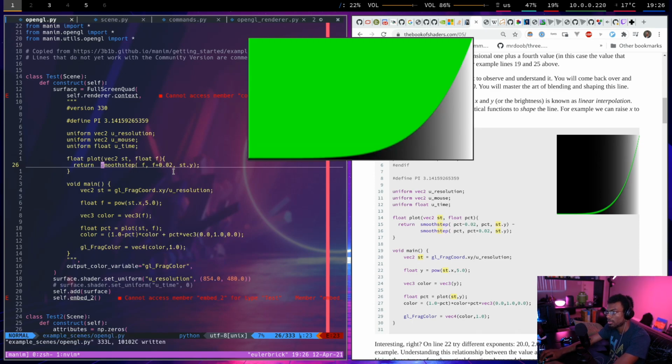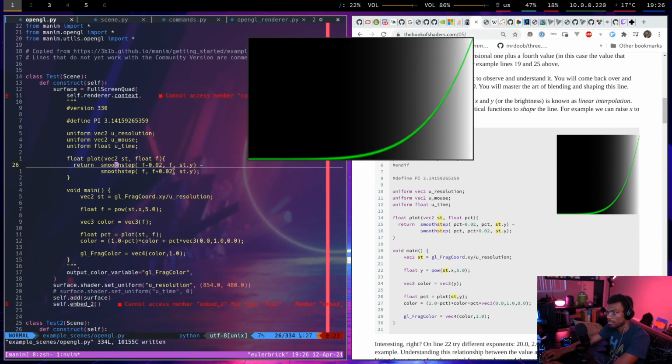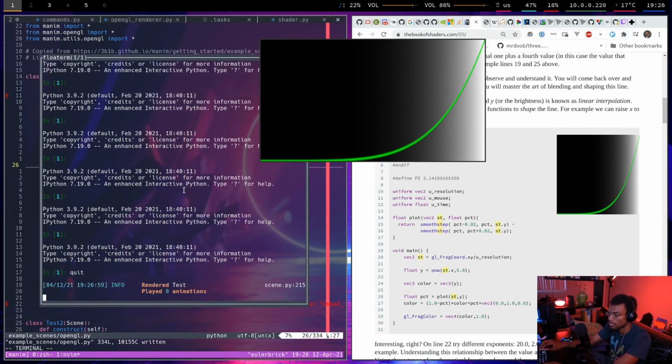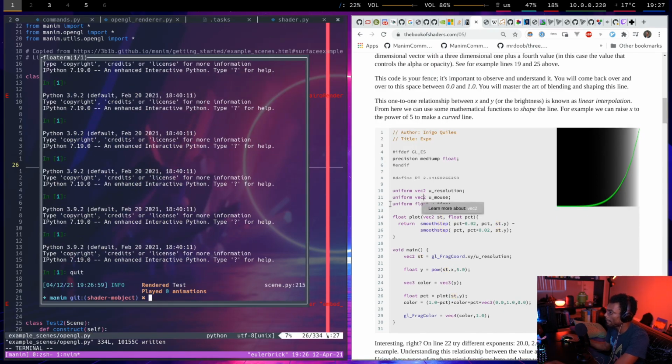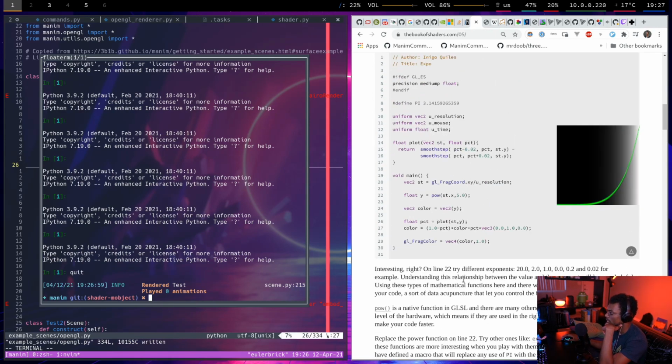So actually that would be beneath the line. Oh well. I think I mostly understand that, or at least enough to move to the next one. And try different exponents. 20,